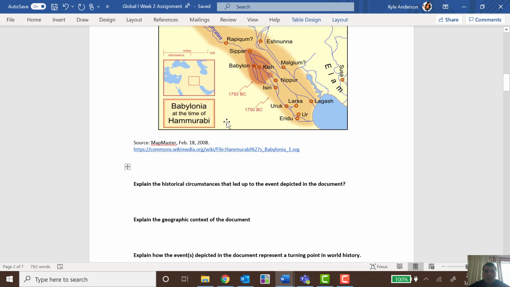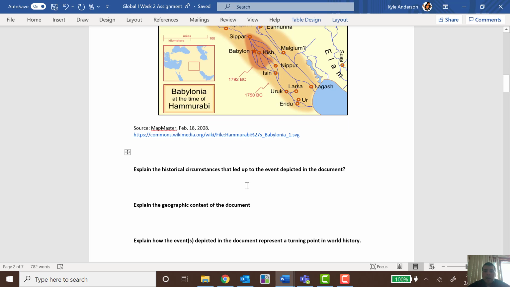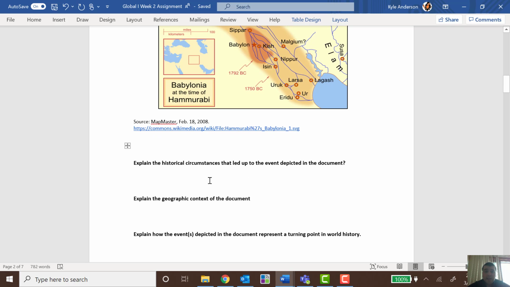So if I look at this map, I can see I'm talking about Babylon at the time of Hammurabi. All right. So what do I know? If I know that Hammurabi controls this entire area, I can talk about that specifically. I can talk about his rule. Remember, historical circumstances can be something that's more of an immediate cause or something that happened just before this, or it can be a little bit farther back as long as it has a direct connection. So Hammurabi conquering and taking over lands in Babylon, in Mesopotamia, historical circumstances, we can say